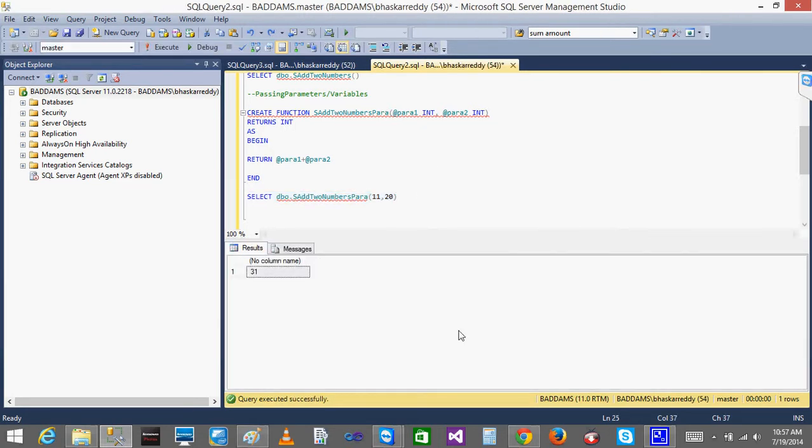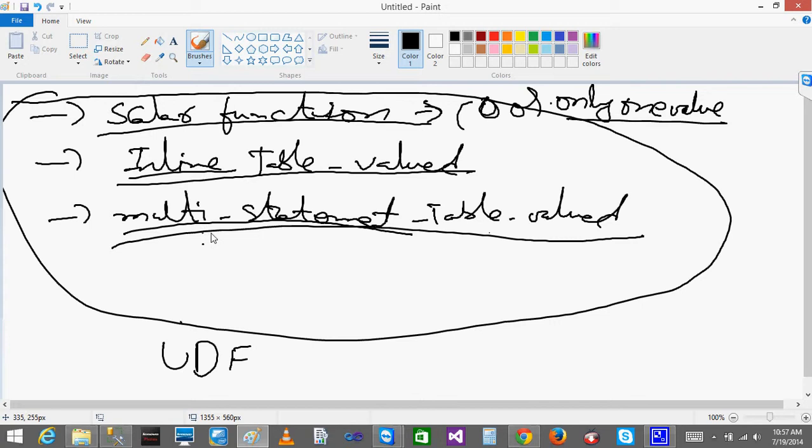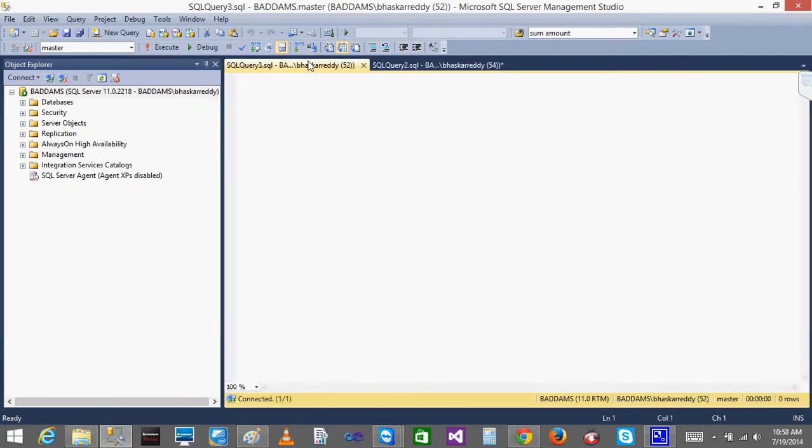Now comes the scenario. If I want to return multiple values, okay, that you can return by using inline and multi statement, and I will show what is the inline and what is the multi statement. Okay. So the inline table value function just returns the table, but in the return statement you can use only one select query. We can see the difference once we see the example. For the scalar function, when I created it, I have given begin and end, but for the inline function we will not. Okay, we can discuss once we create all the functions.